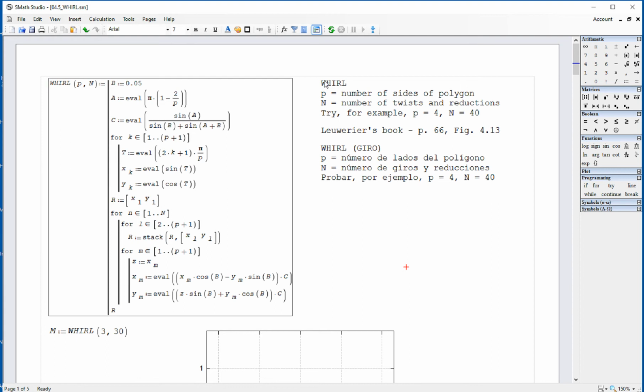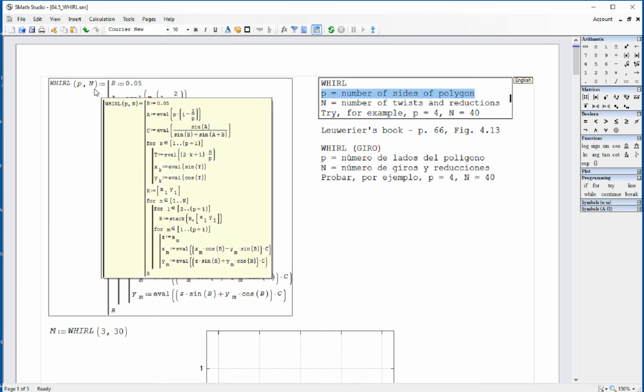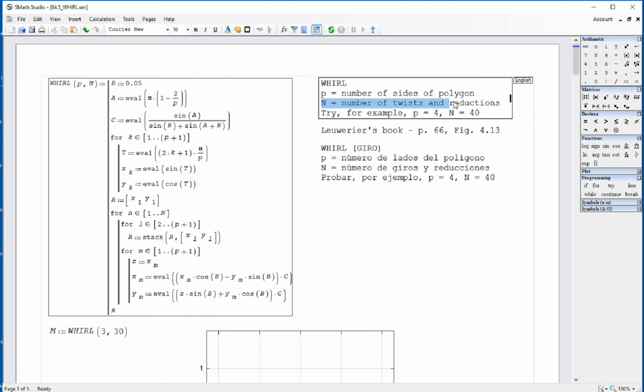This is the worksheet for WHIRL, in which we have two arguments in the function. This is the function as I translated it from BASIC to SMath Studio's programming language. P represents the number of sides of a polygon, and then N is the number of times that polygon gets twisted and reduced. For example, P equals 4 and N equals 40. We're going to see some of the examples pretty soon. This is the function that does that,